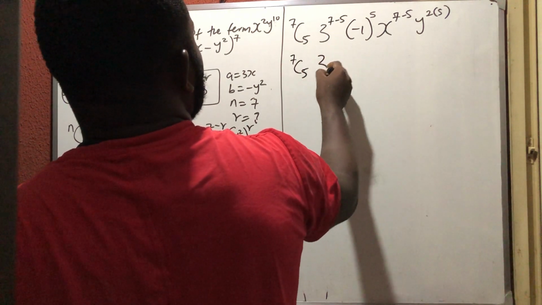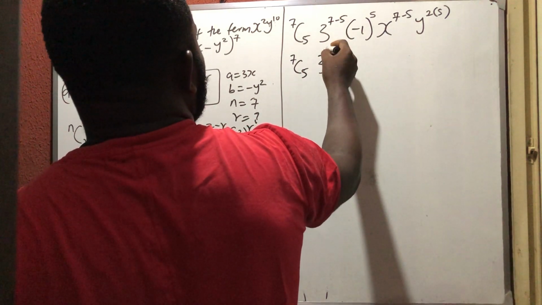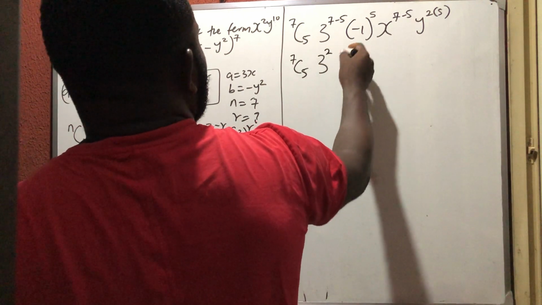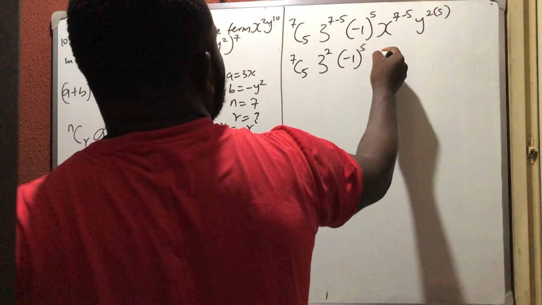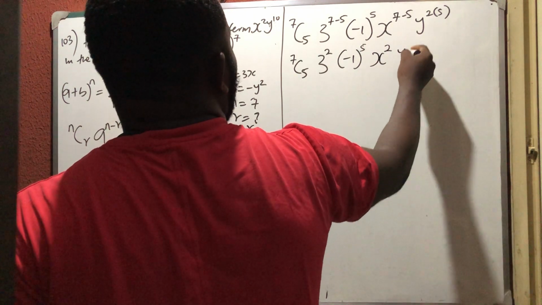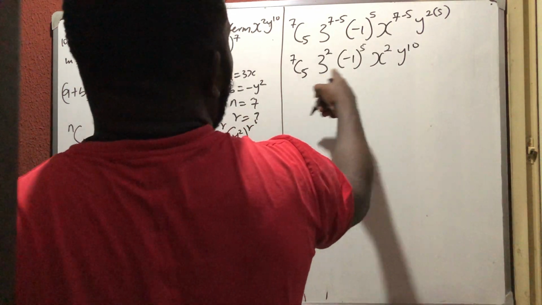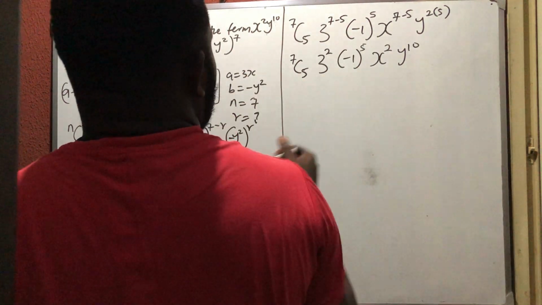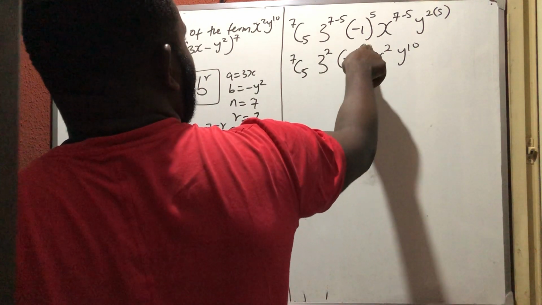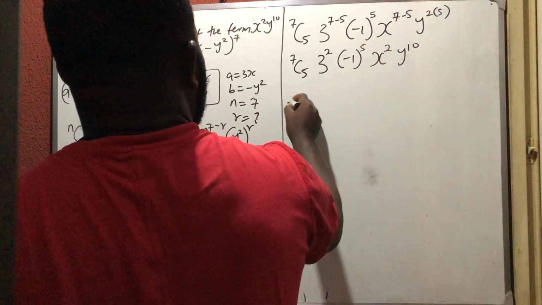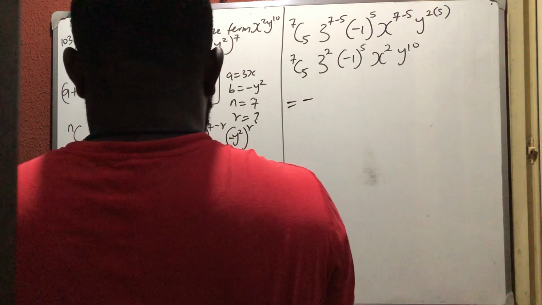Then 3 raised to power this minus this will give you 2. Then minus 1 raised to power 5. Then x raised to power 2 and y raised to power 10. So you need the coefficient. So do all these things now. You know that minus raised to power 5, odd number, the minus will remain. So your answer should be minus